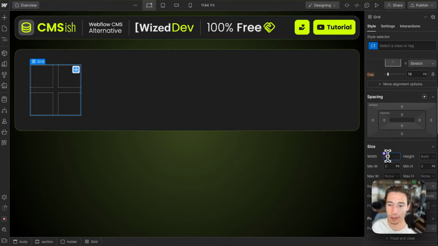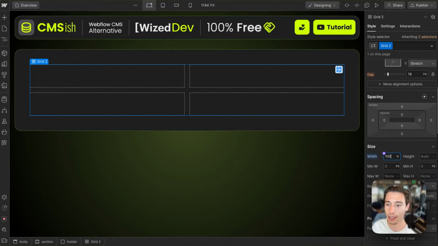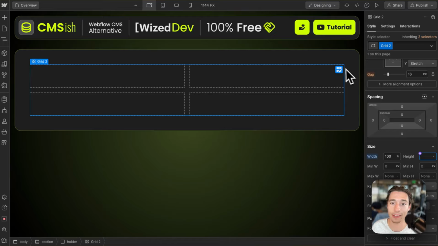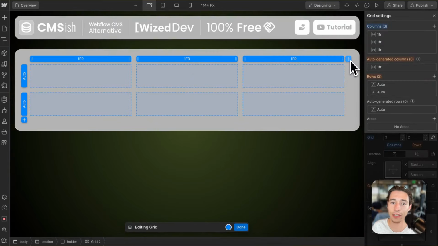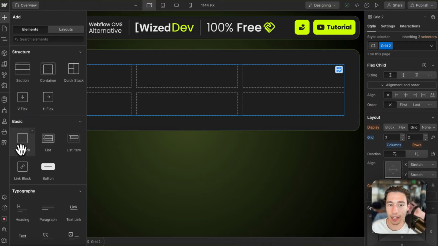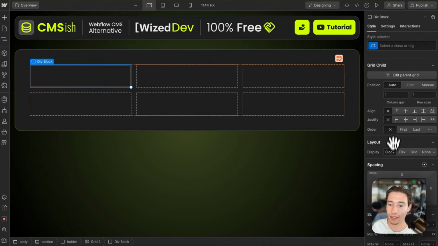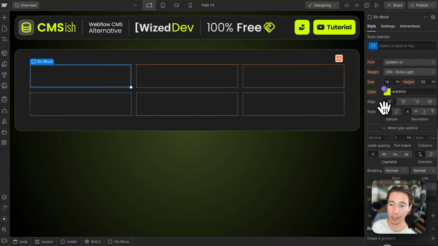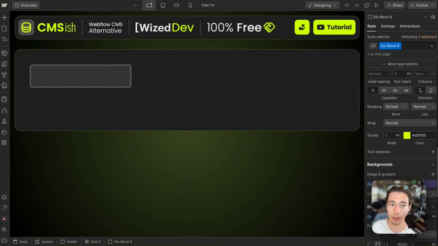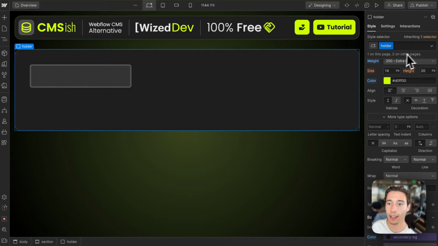Let's make this full width 100% and a height of 100%. Maybe not a height of 100%. And I'm just going to add, I think 3 rows sounds good. And I'll be adding a div block in here and going to style this a little bit. So let's give it a nice color, just like that. A little bit of a rounded corner style. Let's add a combo class of has small